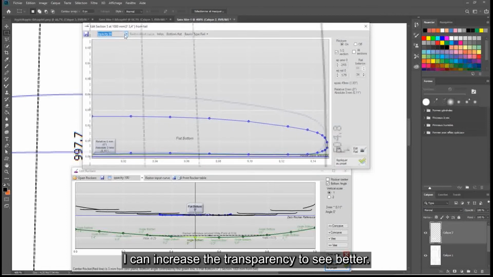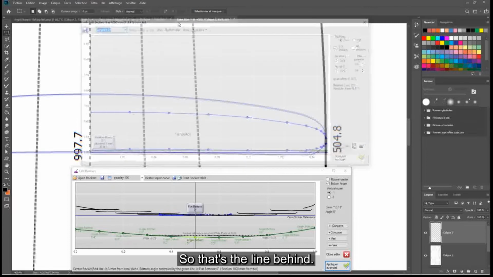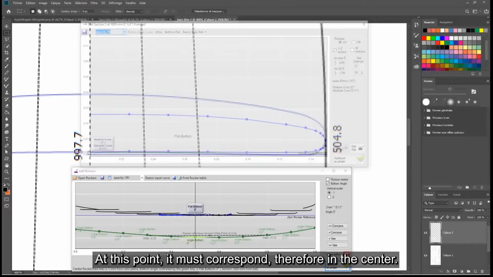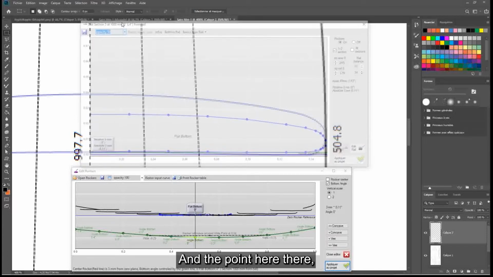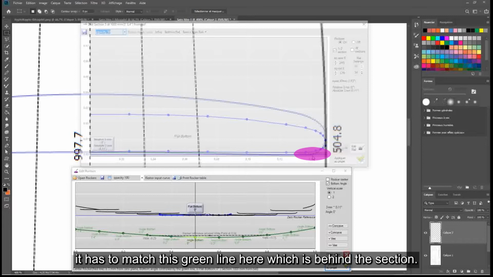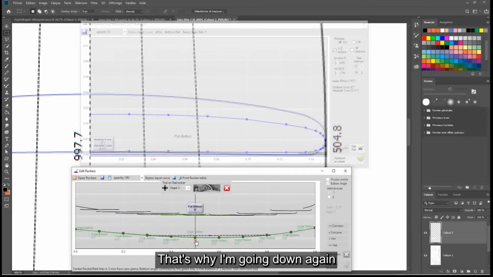I can increase the transparency to see better the line behind. At this point it must correspond, therefore in the center, here it is done. And the point here has to match this green line behind the section. It must match the model line. That's why I'm going down again.